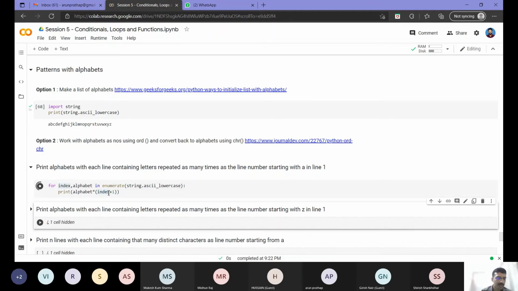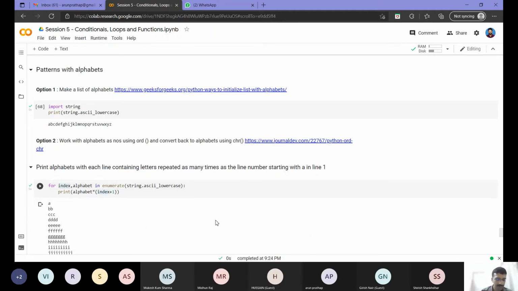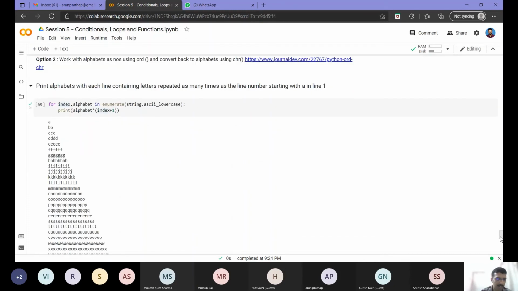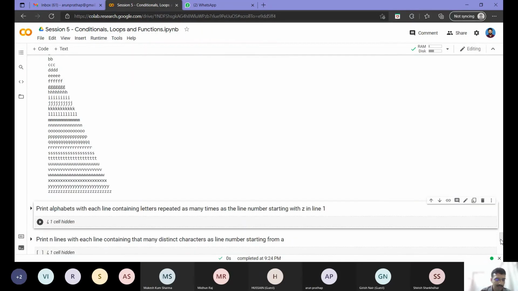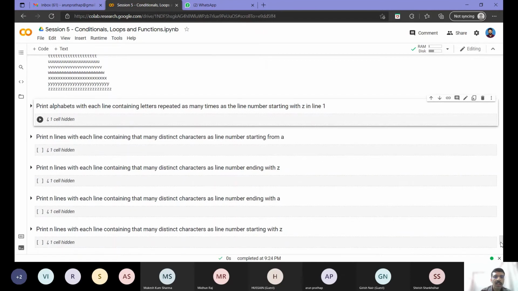Let's run this. I think I need not explain this further, since we already saw how this works for the star example. So this will print from A to Z, the same way that stars got printed, corresponding to maybe n equal to 26. Instead of stars, each line has particular letters. Now my second task to you is: I want the same thing, but what if it is greater than 26? So let's see.